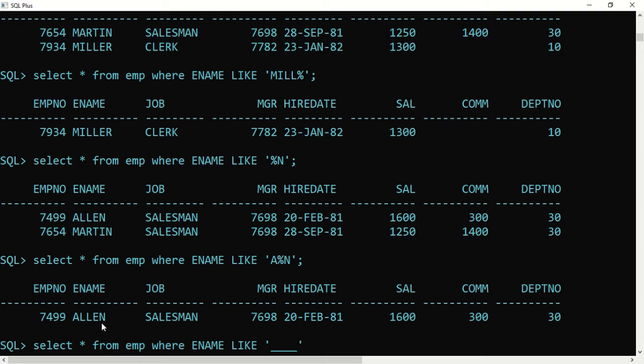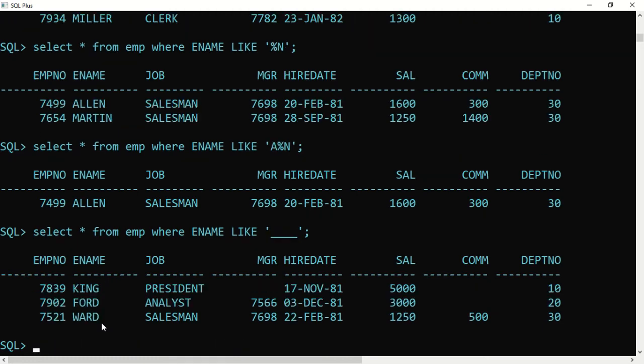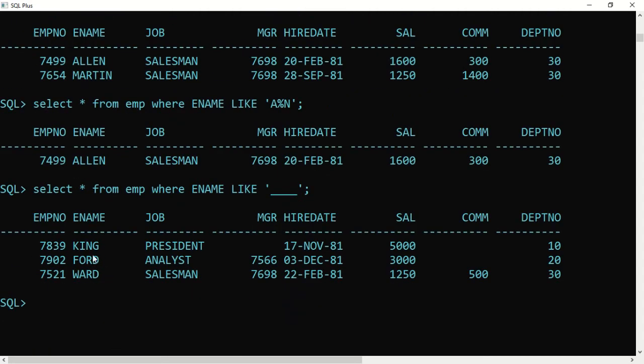This indicates list out those persons whose name has exactly 4 letters, neither less nor more. Yeah, there are 3 persons. One is King, Ford, and you can see that there are 4 letters, 1, 2, 3 and 4.